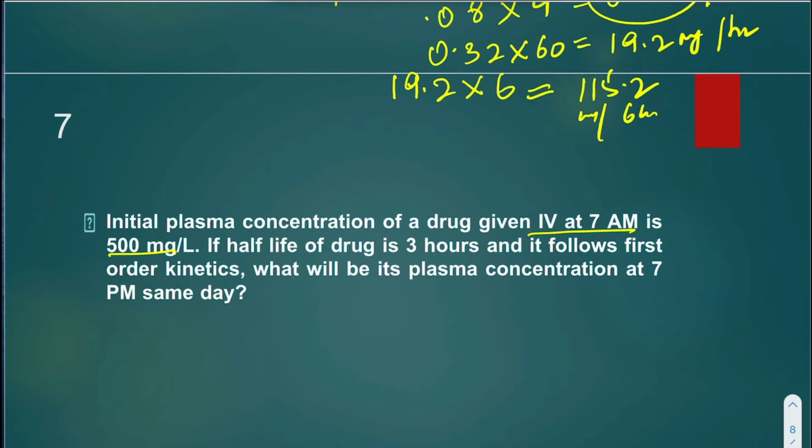Okay, so 7 p.m. on the same day. सुबह 7 बजे ड्रग दी गई है, शाम को 7 बजे उसकी कॉन्सेंट्रेशन कितनी होगी। तो कितना टाइम हमारे पास है, ऑलमोस्ट 12 घंटे। ठीक है, सो हमने कितनी ड्रग दी है 7 AM में, 500, the plasma concentration is 500 milligrams per liter. अब हमें 7 PM तक देखना है उसकी कितनी रहती है, और कितना टाइम है ये 12 आवर्स का।